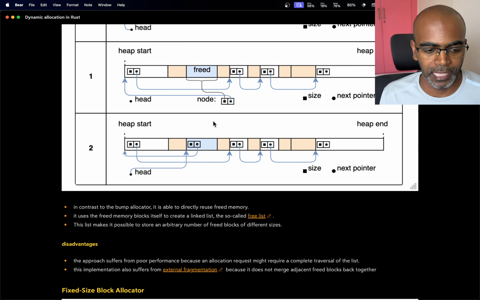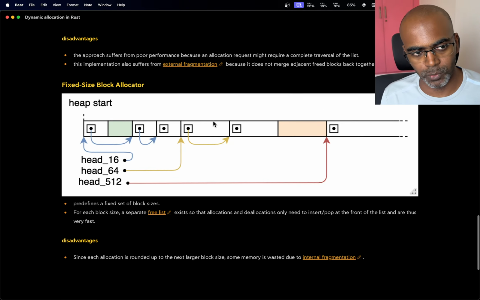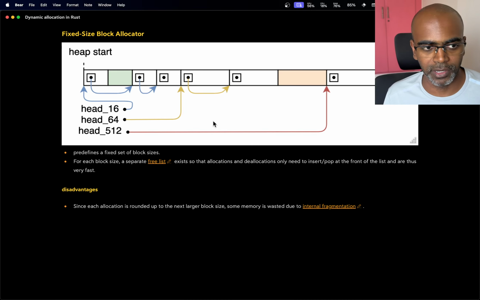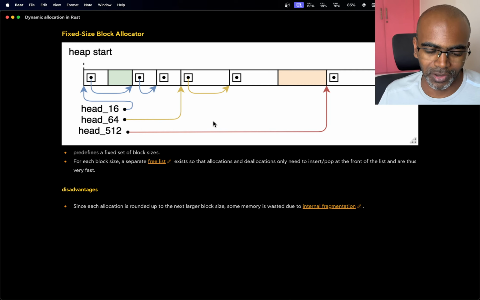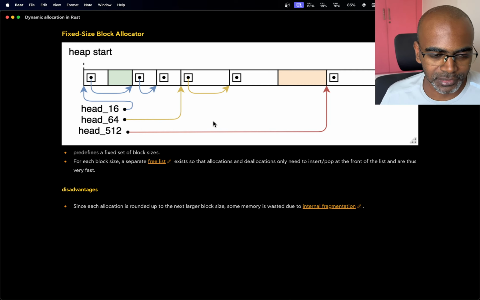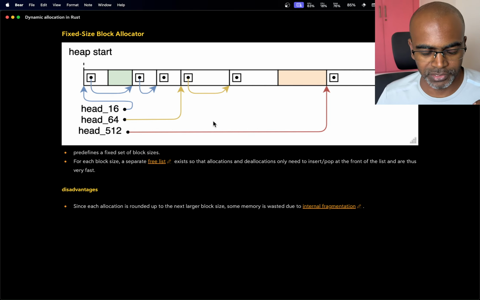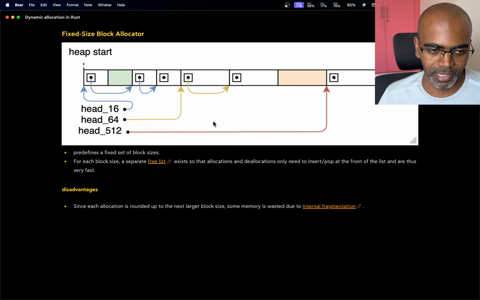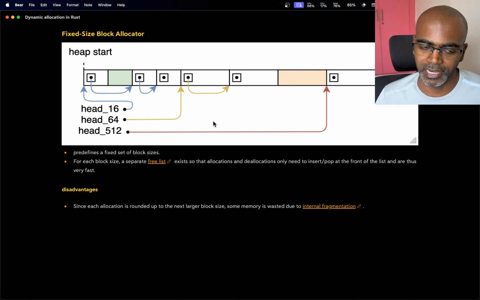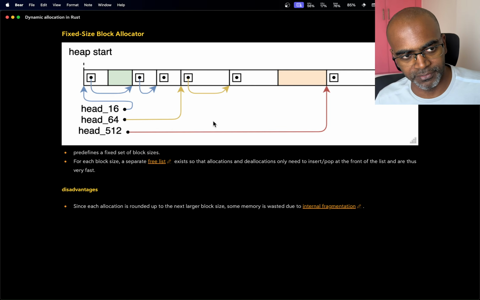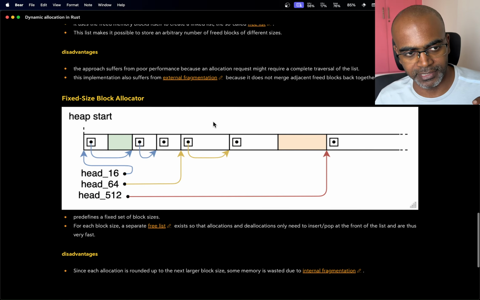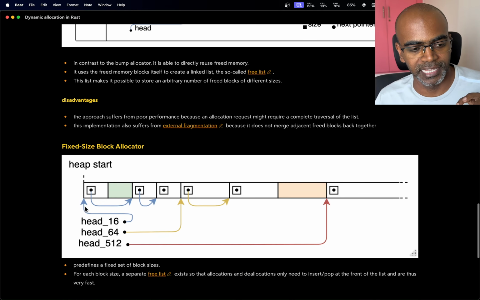All right. And then the last one is pretty much the one, or variations of this is what you end up using in production. In the Linux kernel, there's a lot of stuff. There's like the slab allocator and the buddy allocator. There are variations of this. The underlying theme is basically this, as I understand it. And this itself, the fixed size block allocator, is basically a variation of the linked list one. It still has